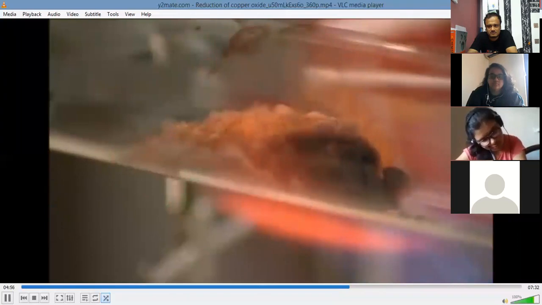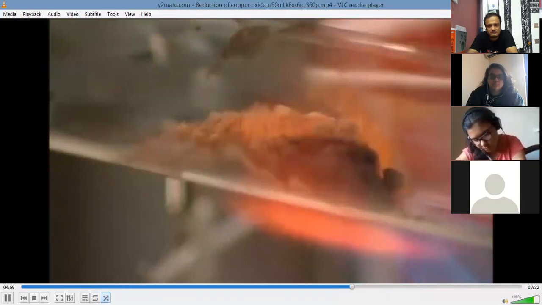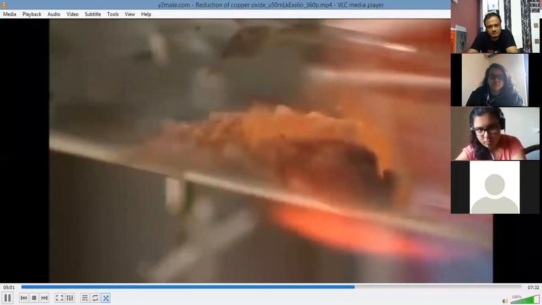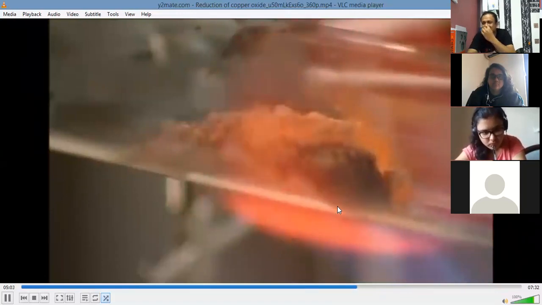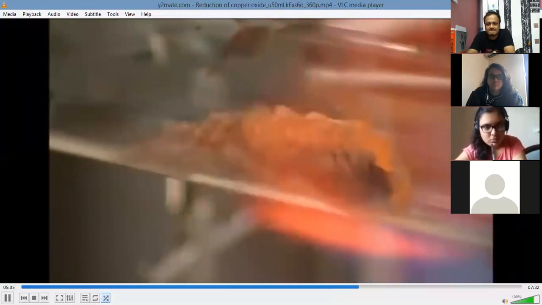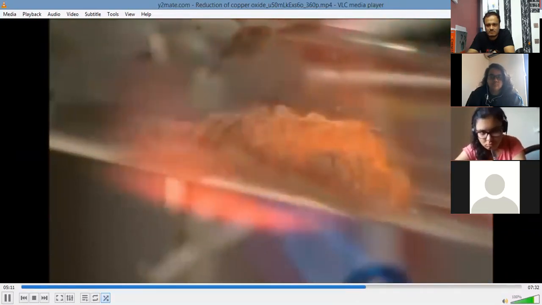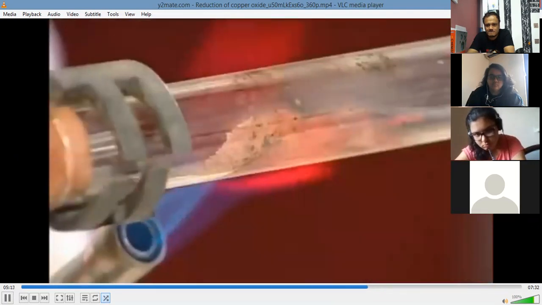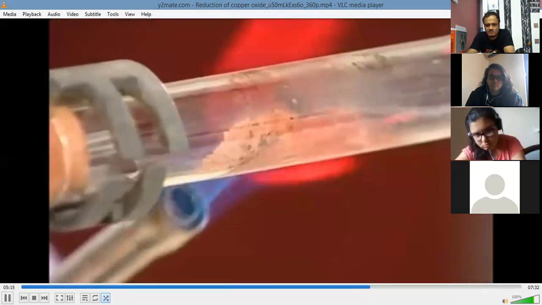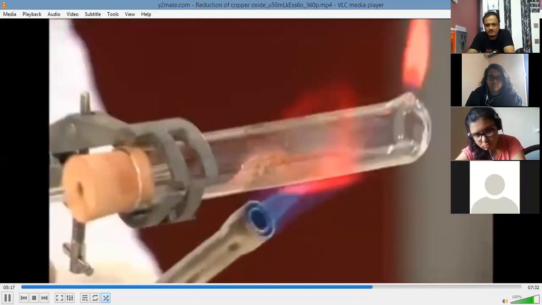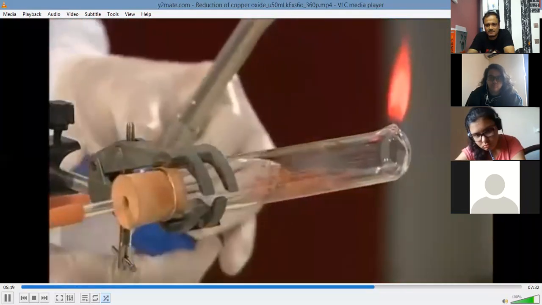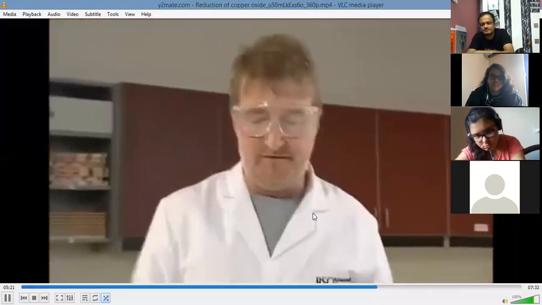When no trace of black remains, continue to heat for at least a further minute to ensure that all the oxide on the inside of the heap has reacted. If in any doubt, continue heating for longer. Make sure any condensation has evaporated. When you're confident that all the copper oxide has been reduced, the flame is back to its original height, you can stop heating. It's now important to leave the